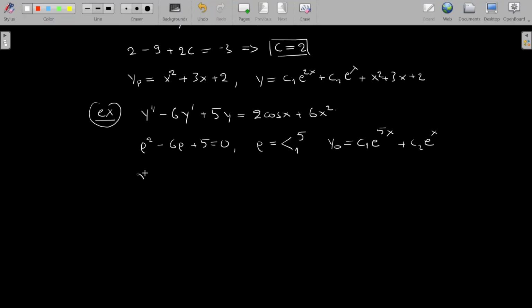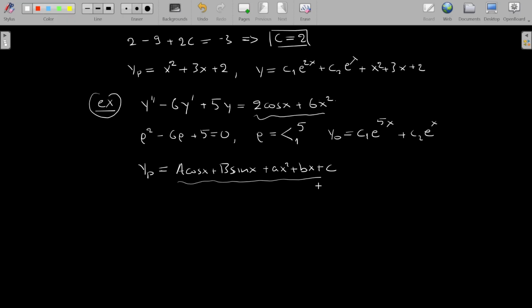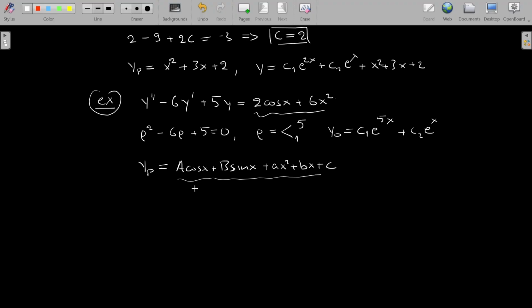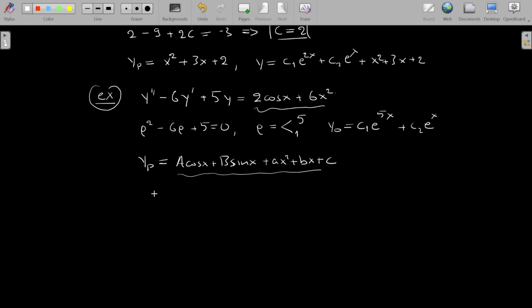Now, the particular solution is going to be a cos x + b sin x + ax² + bx + c. Why? Because we said that when we have a linear combination of many terms, we are going to search for the linear combination of these terms. So we're going to search for something like this. Now, I'm not going to do the calculation of all of this, but if you do it and plug it in the initial